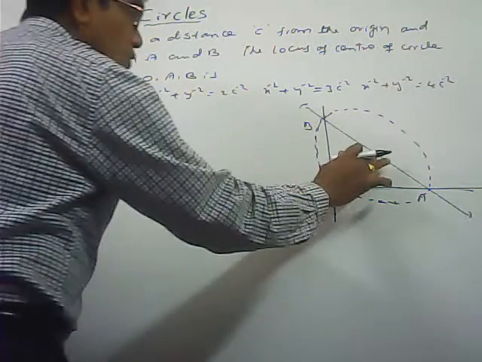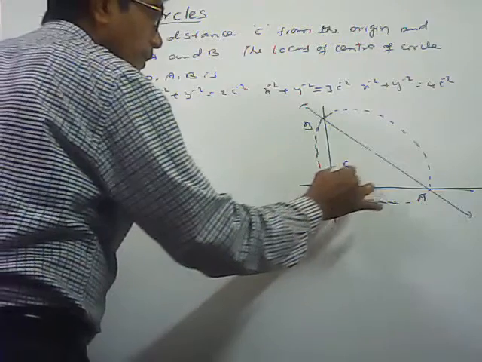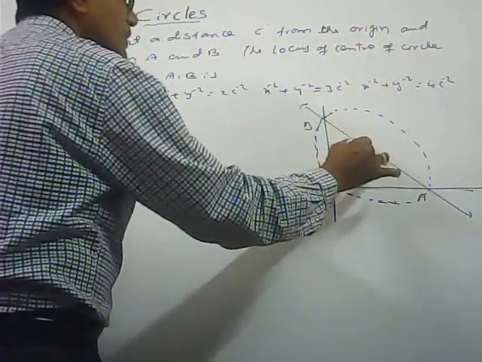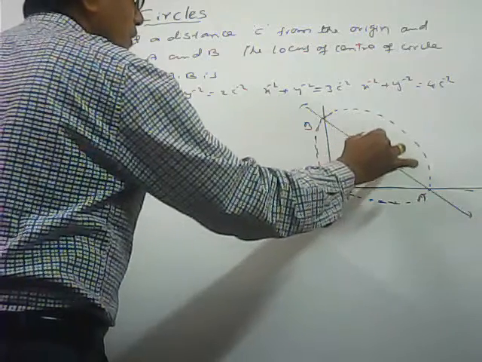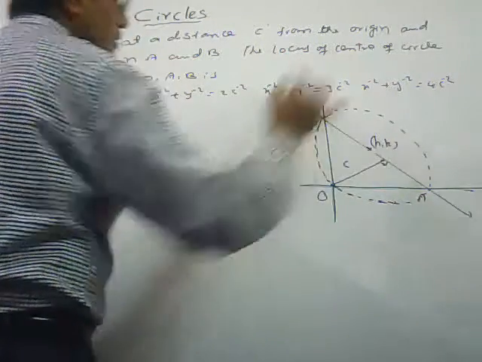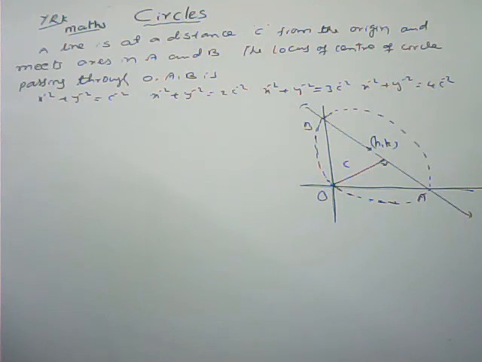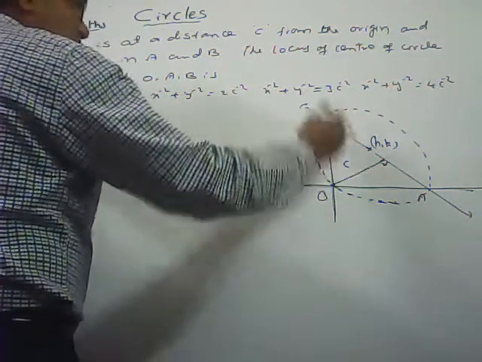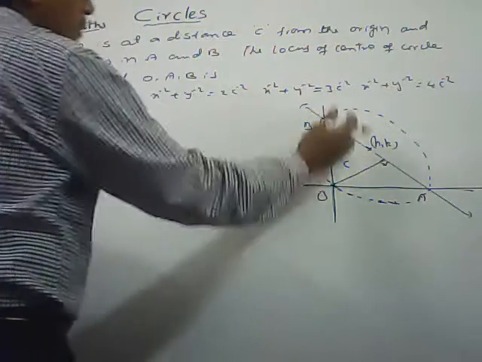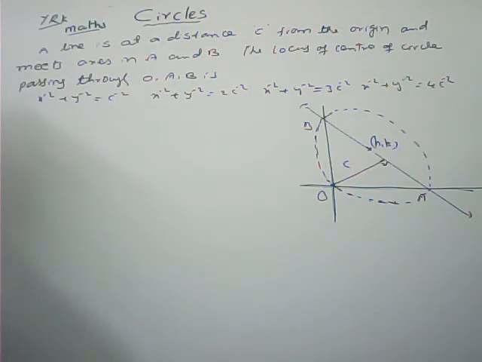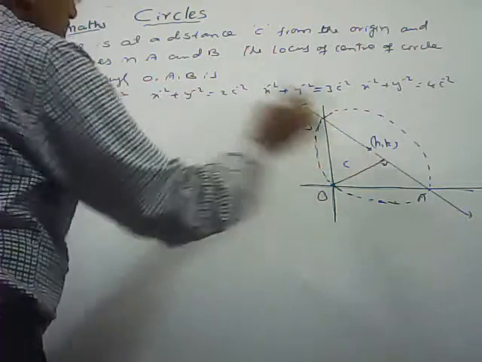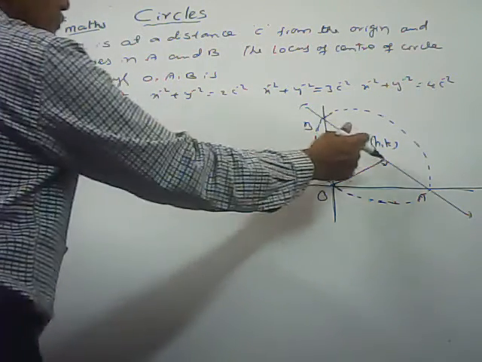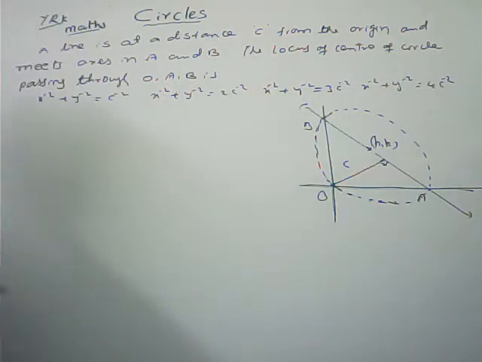Here we don't know this one, maybe here like this also. Perpendicular I am drawing. The locus of the center of the circle, here h, k I am taking. Now at different lines we can draw that one at a constant distance, like this also, so many. The perpendicular distance from the origin (0, 0) to that line should be c only.